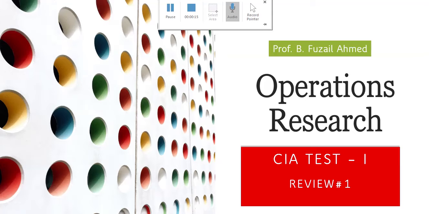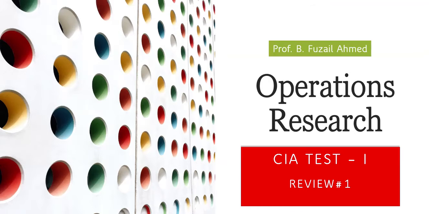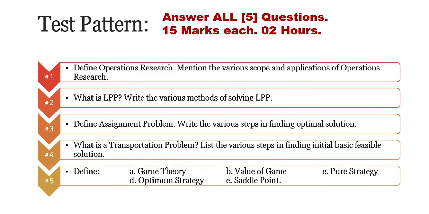So today we are going to discuss the past CA examinations. We'll do a small review of the questions and the relevant answers. The test pattern was like this: answer all questions. Five questions are asked, and you were able to answer all five. Each question consists of 15 marks, and you were given 2 hours. Within these 2 hours, you were supposed to answer 5 questions, and the answer script must be capable